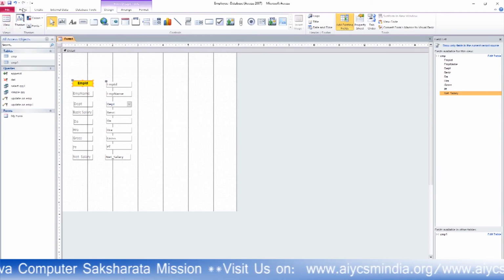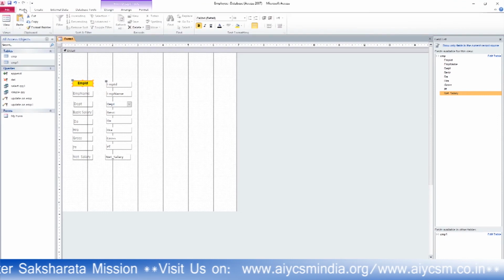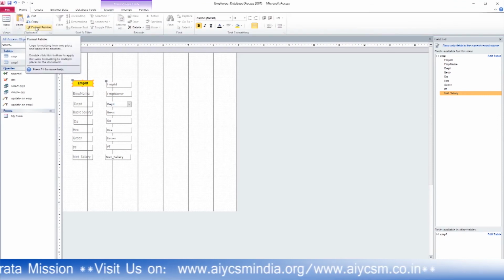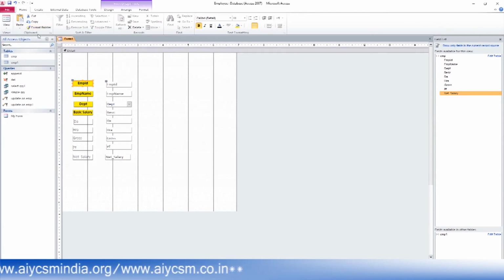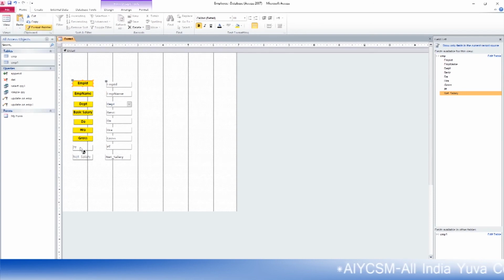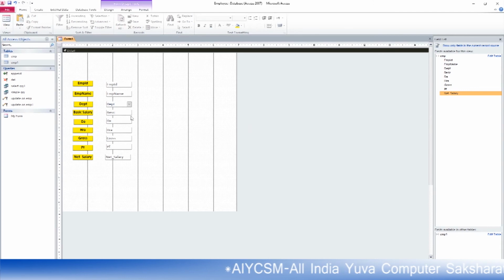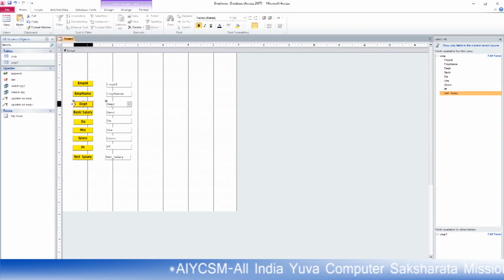from the home page, if you click on this format painter, you are able to take the formatting from this one and click on every one, and all the format has been changed to this type. Select this one and then click on everything, it will become just like the first one. Okay, this is how we can change the font. You can increase the size of this one too. This will look better.